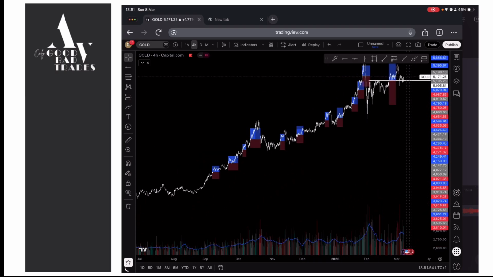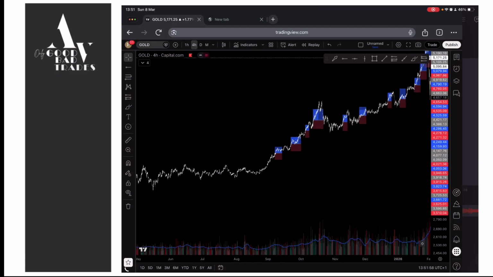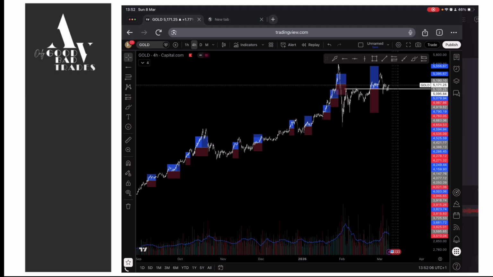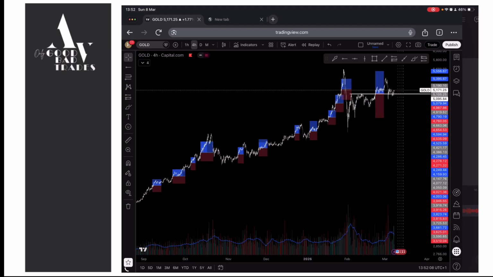Let's say this is a fluke. Let's say this doesn't happen all the time, but it did happen now. Why did you miss it? And a better question is, how can you apply your setup to not miss it when next it happens? Because it will still happen again. This is gold, and this is a 4-hour candle. And all we did was take a buy when there's a proper close above our previous high.